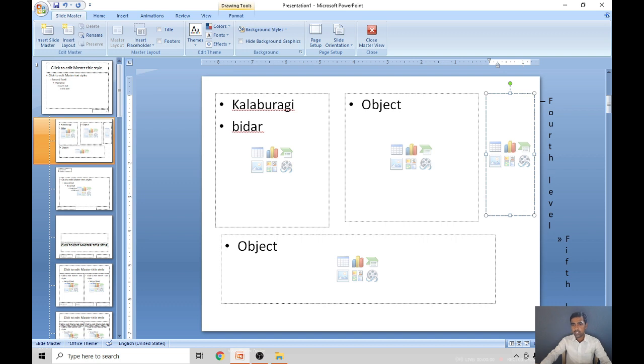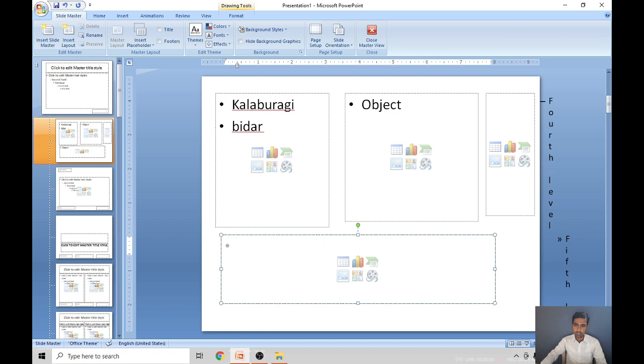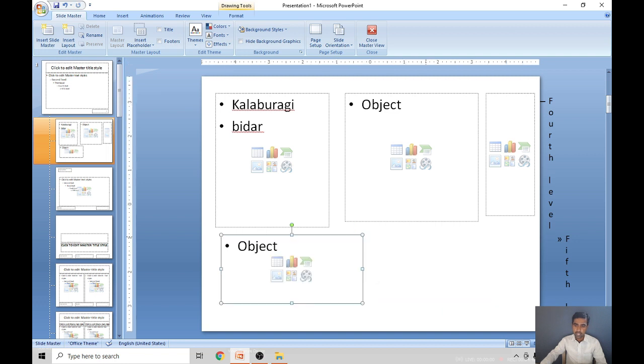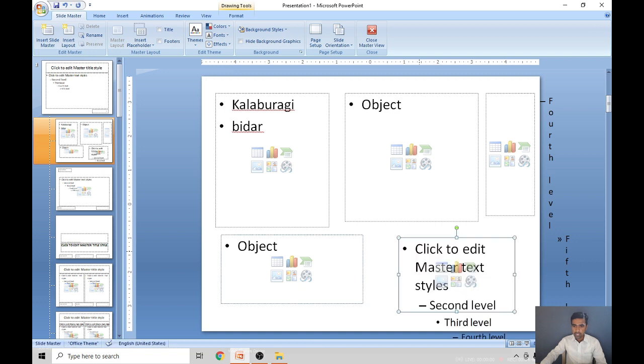Right, children? Understood? Here I have created 4 different types of layout placeholders. This is one placeholder, this is one placeholder, this is one placeholder, and this is one placeholder. You can make it smaller, and here you can create another one also. Right? In this way you can create a